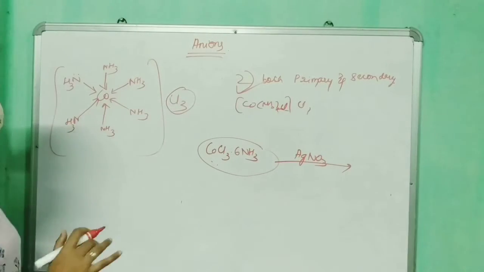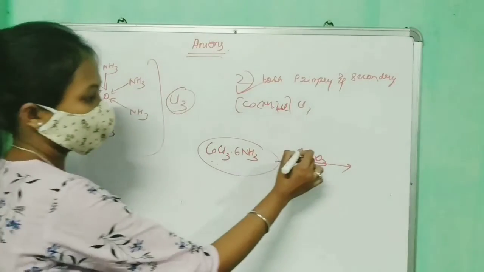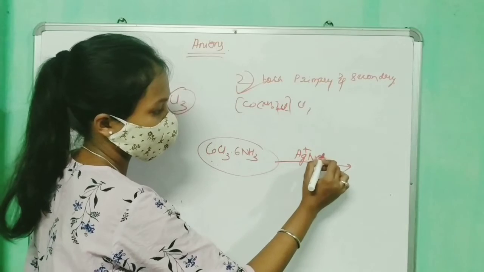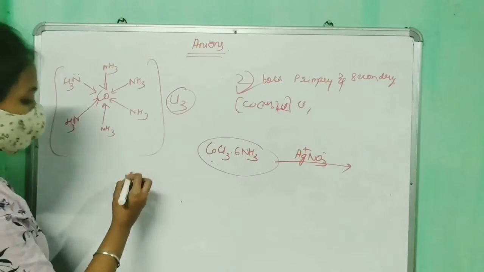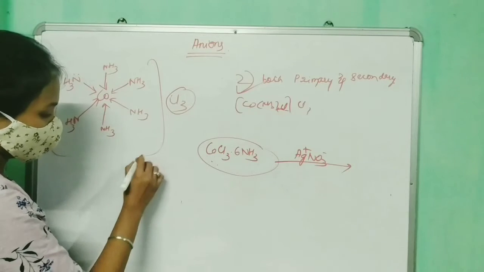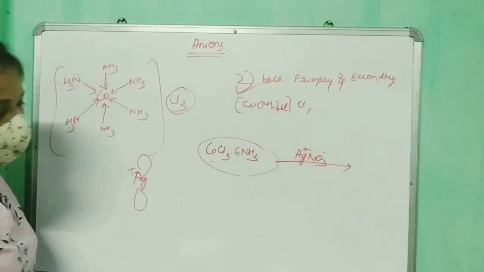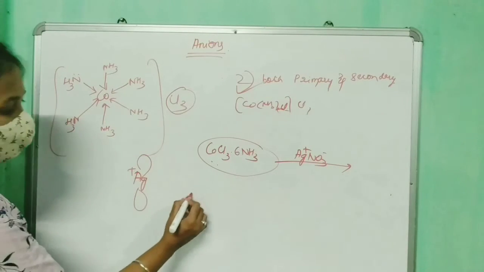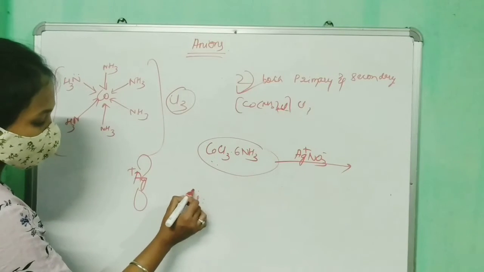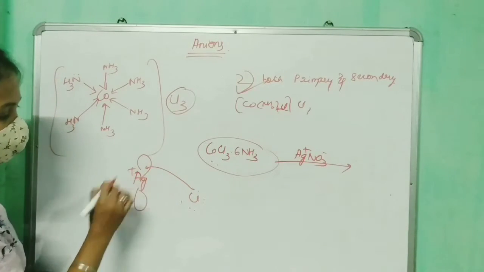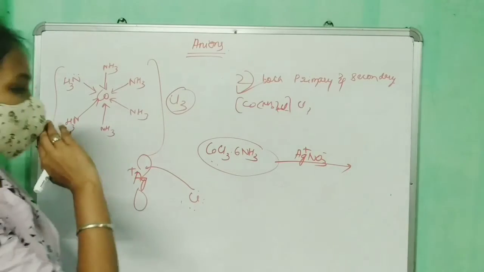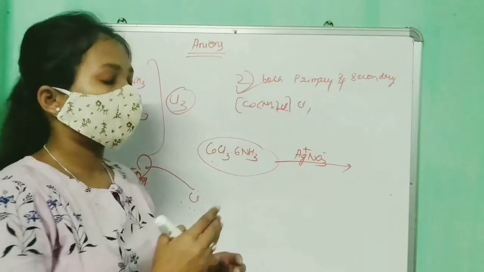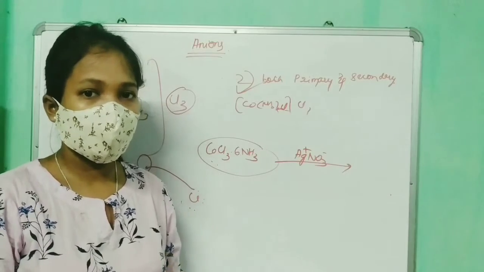And we know silver, Ag. So here Ag is in plus 1 and NO3 minus, right? So silver has a vacant orbital, vacant d orbital. So the chlorine can easily put its electrons in this vacant d orbital, right? So what he thought was, he conducted this experiment.